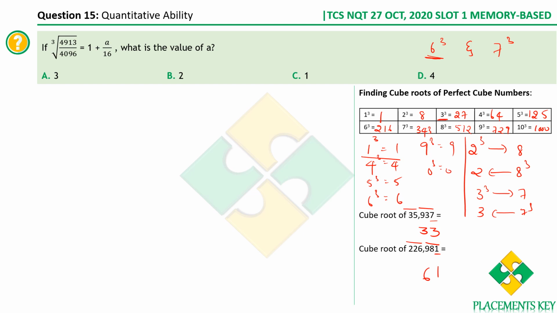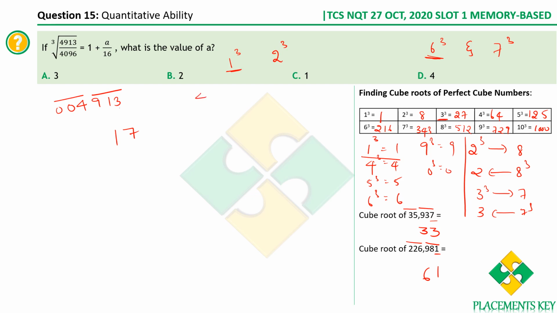Okay, let's apply the same concept here. What is the cube root of 4913? Again group 3 terms at a time, so that you have 004 and 913. If it is 3, you know it has to be 7. And then you have 4. 4 lies between 1 cube and 2 cube, therefore we'll take the least value, which is 1. Therefore the cube root of 4913 is 17.